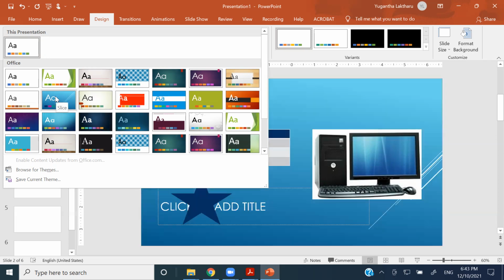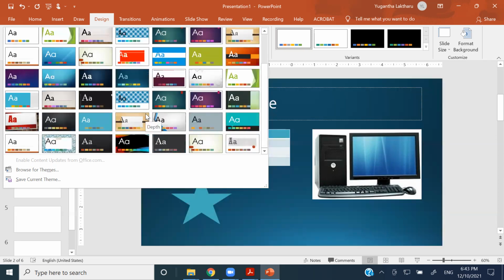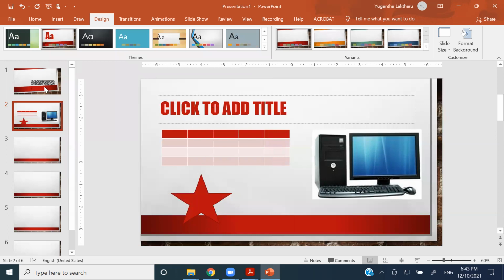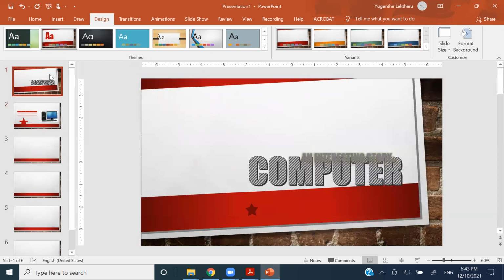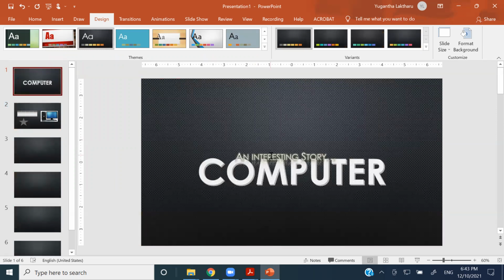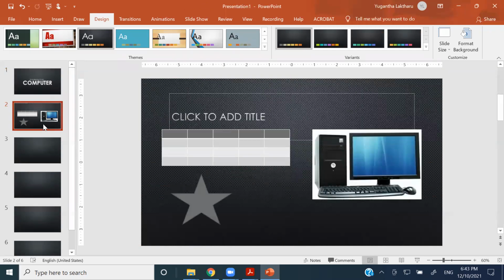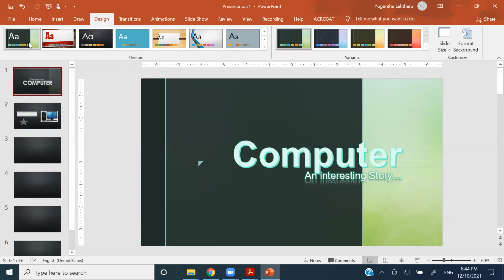So once you choose some particular design, that design will be applied to the entire presentation, right? So if I choose this, it is applied to all the slides which I have taken here, right? So it's better you choose something according to your interest and according to your idea, right? If you put things in a correct way, it will be very nice and easy when it comes to there, right? So there are different kinds of